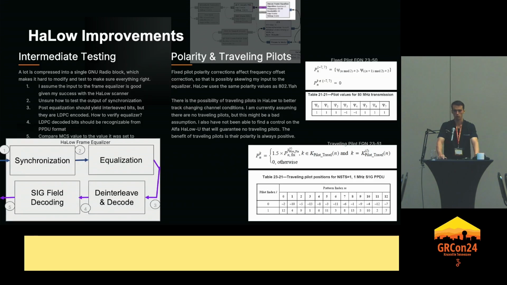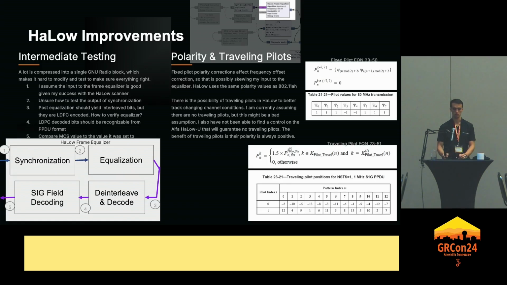Like I mentioned before, I'm doing BPSK now, so equalization shouldn't have that much of an impact, but where I do believe something might be throwing me off is in the polarity of the fixed pilots and the possibility of traveling pilots. So I might just be implementing the polarity of fixed pilots on Halo wrong, and that's affecting my ability to synchronize to the actual data that's coming over the air.